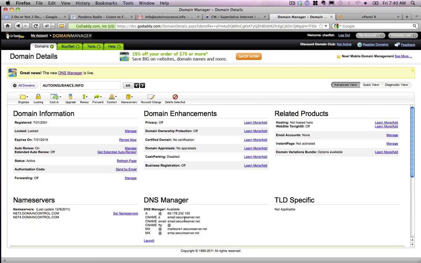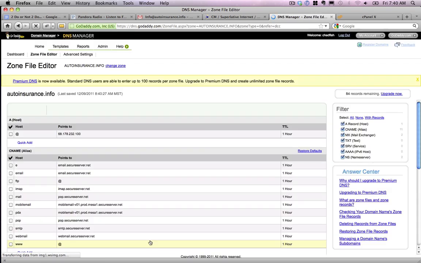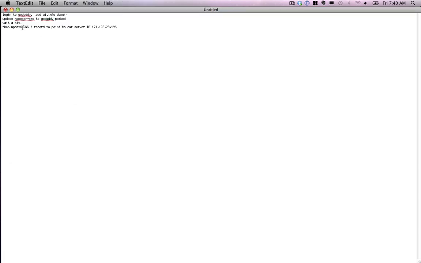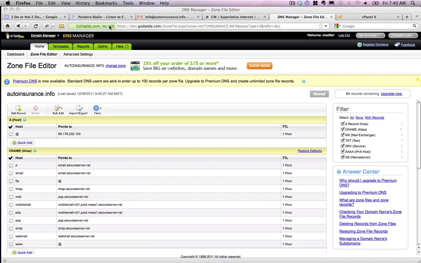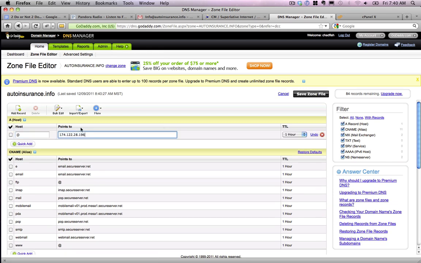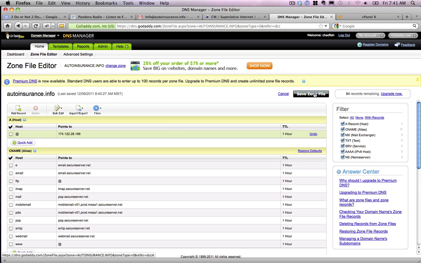All right, so that took about a minute, but you can see now we have this, and of course this is their default IP address, so if you were to look on your iPhone on 3G or something at autoinsurance.info, it'll probably bring up a GoDaddy parked page. So let's fix that. We just took care of this step. Now we're going to update the A record to point to our IP address. So I'm going to take the IP address, go over here and click the edit link. Again, I want to work quickly here because